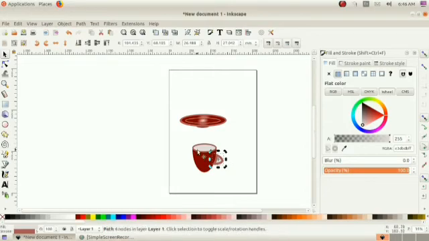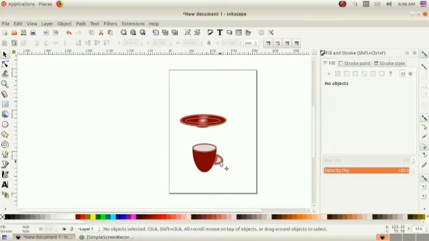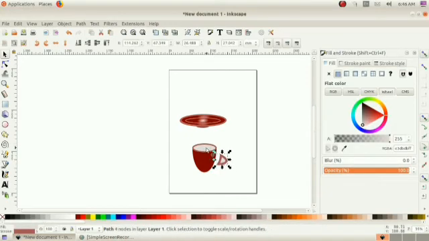The size of the cup is not suitable. No, it is very big. So I am selecting that by using Shift key. Then reducing the size. Okay, then keep the handle with that cup.